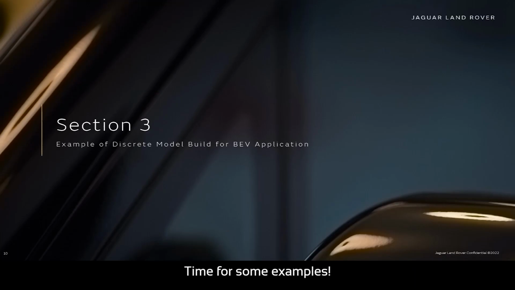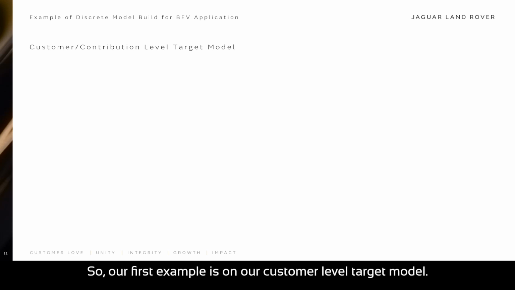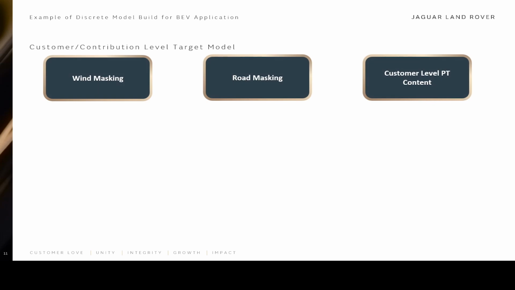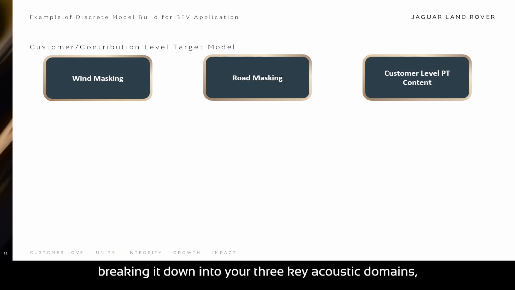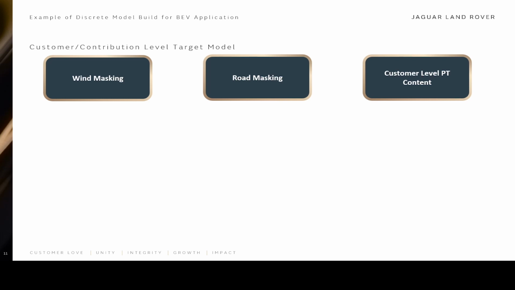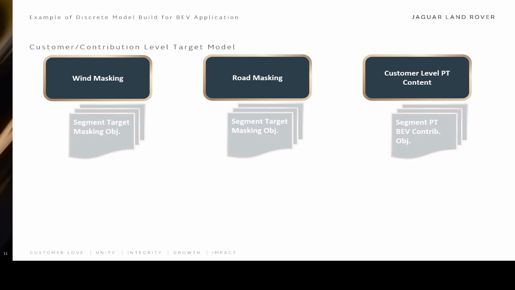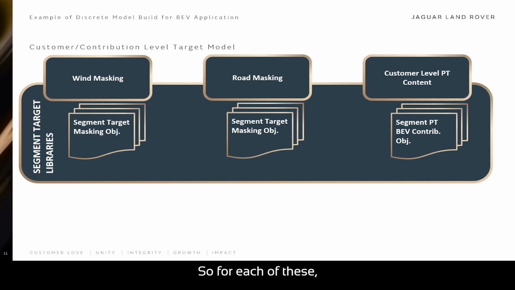Now for some examples. Our first example is on our customer level target model. This is where everything's built directly from the customer level targets, breaking it down into your three key acoustic domains: wind masking, road masking, and powertrain content. For each of these,